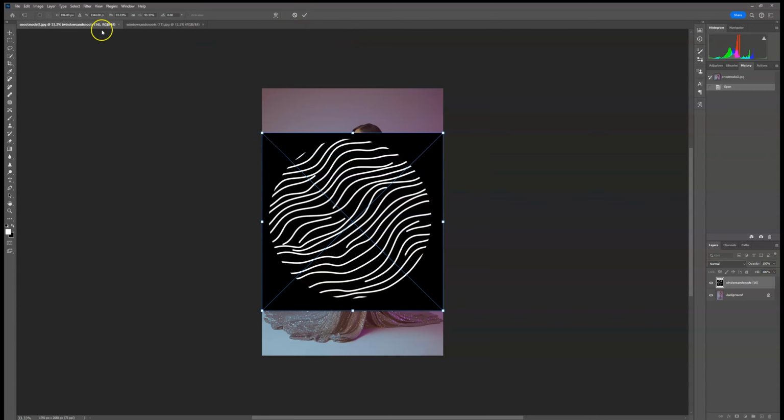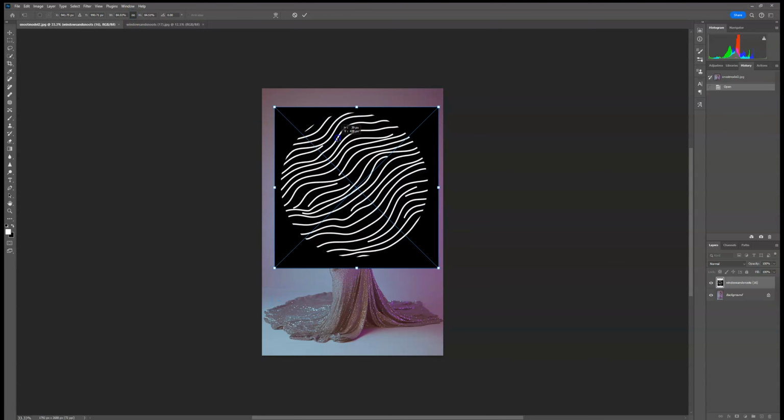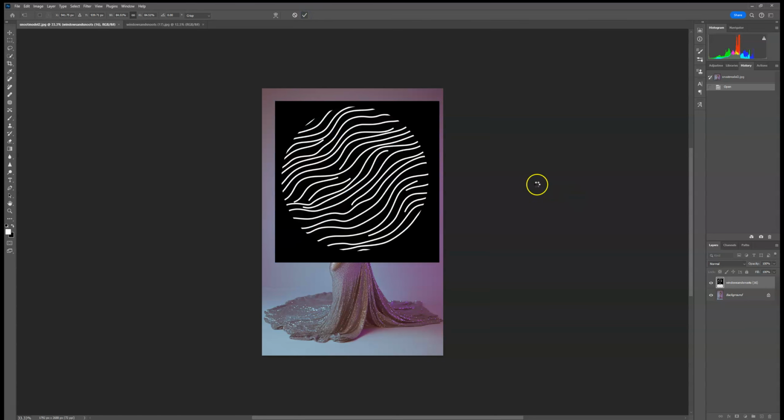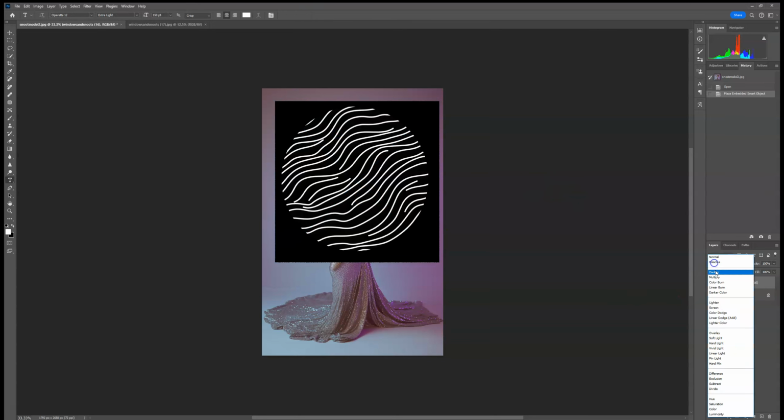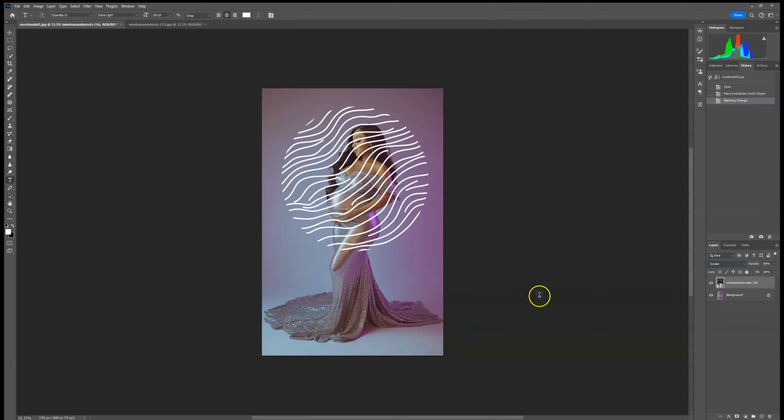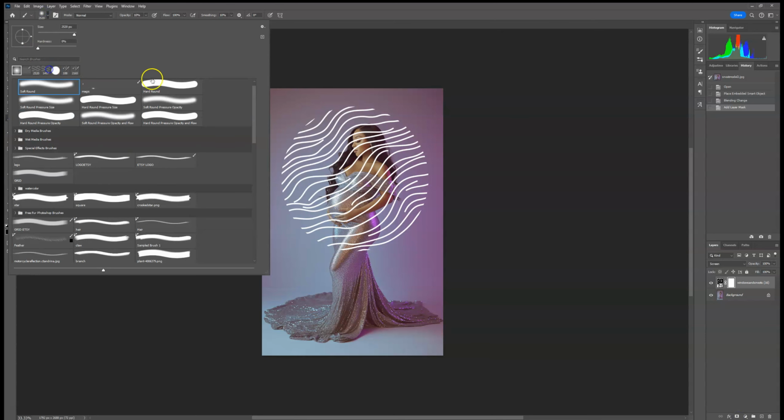I'm going to click on one of the boxes right here, and I'm going to go up and click this box right here so I can keep the proportions on my overlay. I'm going to go ahead and change the blending mode to screen. Now if you want white waves, you can do it this way. You could create a layer mask on here, and you could take your black brush at 100% opacity,